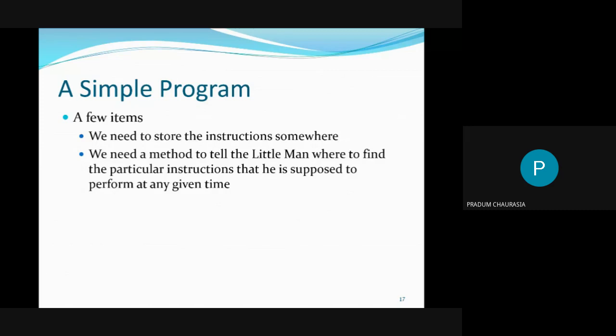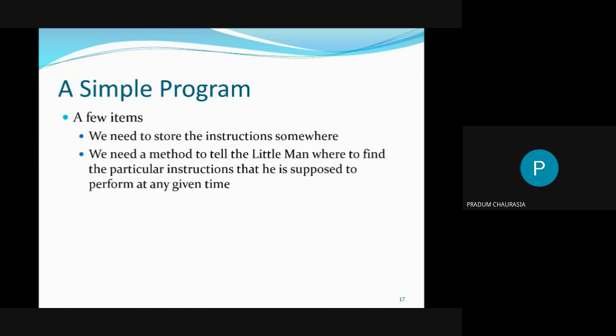Okay, so right now we need a method to tell the Little Man where to find a particular instruction. The Little Man has very little memory, so it has to be guided on where to execute. All these instructions which we are giving to the Little Man will already be stored in the mailbox, right? Whatever you need to tell the Little Man has to be stored in the mailbox only. So your instructions to the Little Man are stored in the mailbox, and data used by the Little Man, or the input to the Little Man by the user, is also stored in the mailbox. So the mailbox is kind of